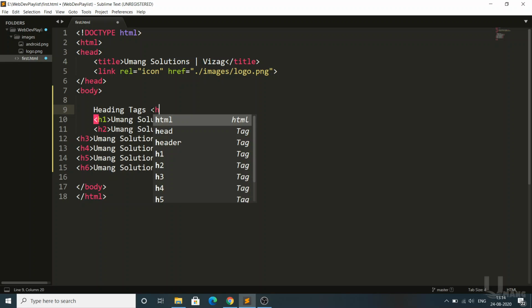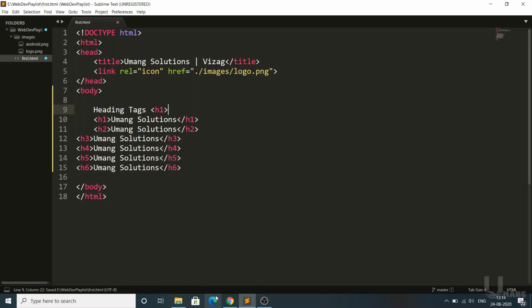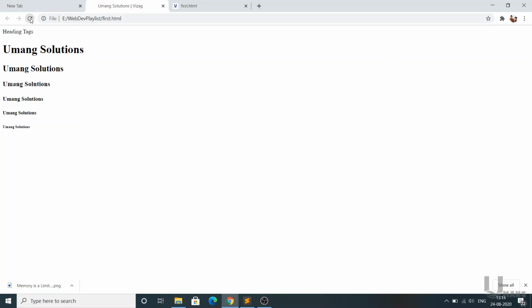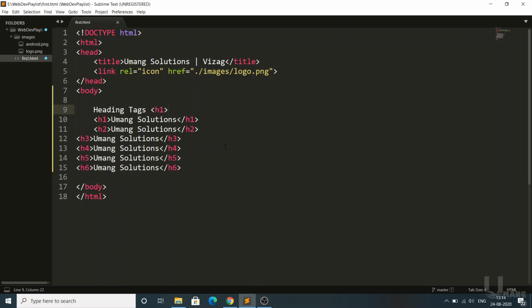If I write h1 also, h1 will not be displayed because it is treated as a keyword. I opened h1 but I didn't close the h1 tag, and it is not showing me an error. HTML is a language which doesn't compile, so it will not show any errors. In C language, if the closing parenthesis is missing, there is a syntax error, but no errors will be there in HTML. As I told you before, HTML is not a programming language, so it is not necessary.